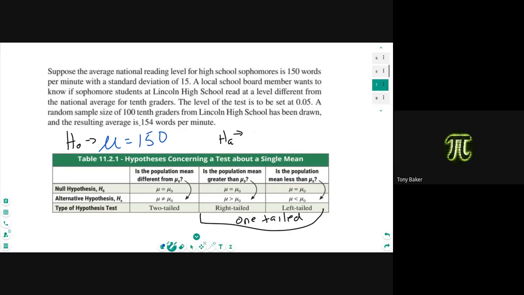So this is another one that can be very tricky, because you're going, oh, it's 154 words per minute that they're reading at, so it's obviously greater than. Don't let the other information change your view of what they're trying to test, because that can change what your outcome is going to end up being in the end. All they're testing for is if they read at a level different from. That would be not equal to. If they say they want to read at a level greater than, that'd be greater than or less than,